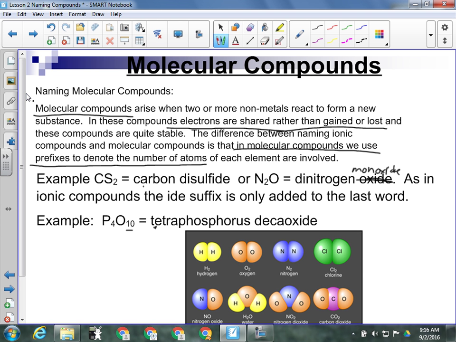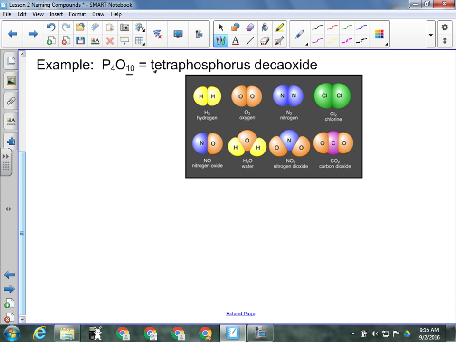Prefixes. How many people know the prefixes to 10? Well, we'll write them down just to be safe. So 1 is mono, 2 is di, 3 is tri, 4 is tetra, and after that they're just like the shapes. 5 is penta,